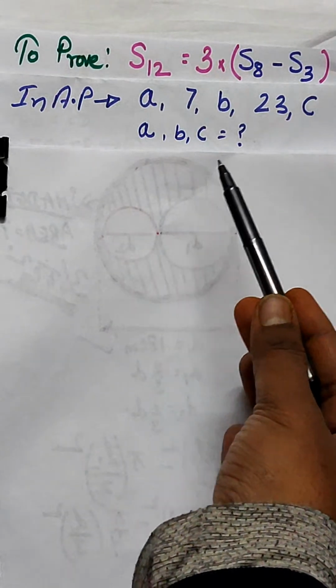in an AP if A7, B23, C, these are the series of the AP, these are the terms of the AP, then what are the values of this A, B and C if this is the series of AP, right? Now what we will do, let us start. Students,